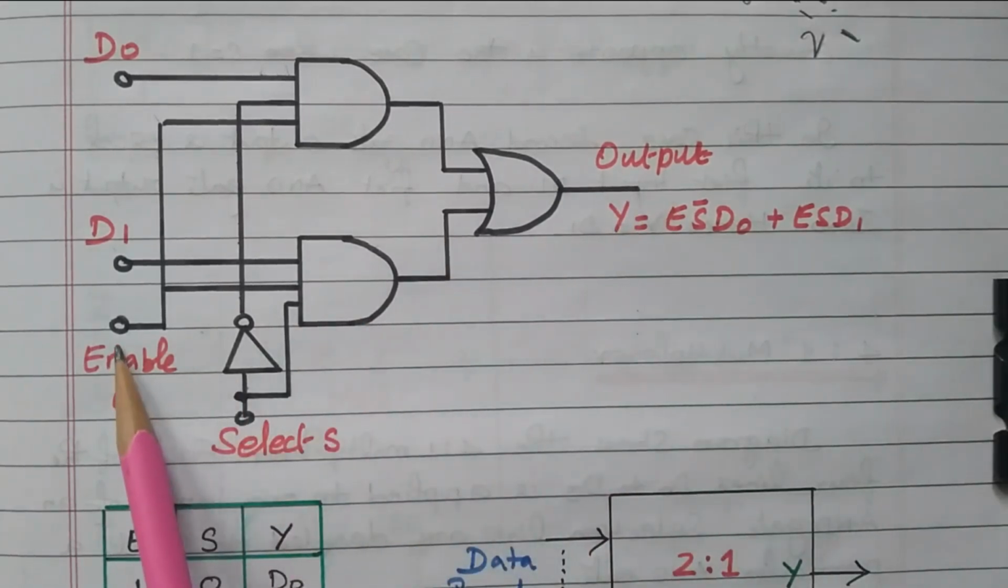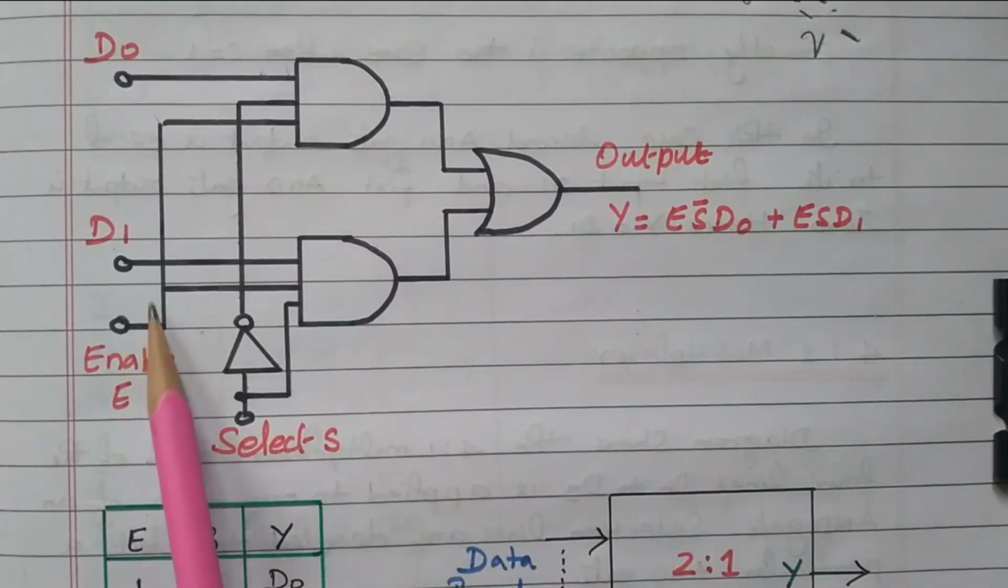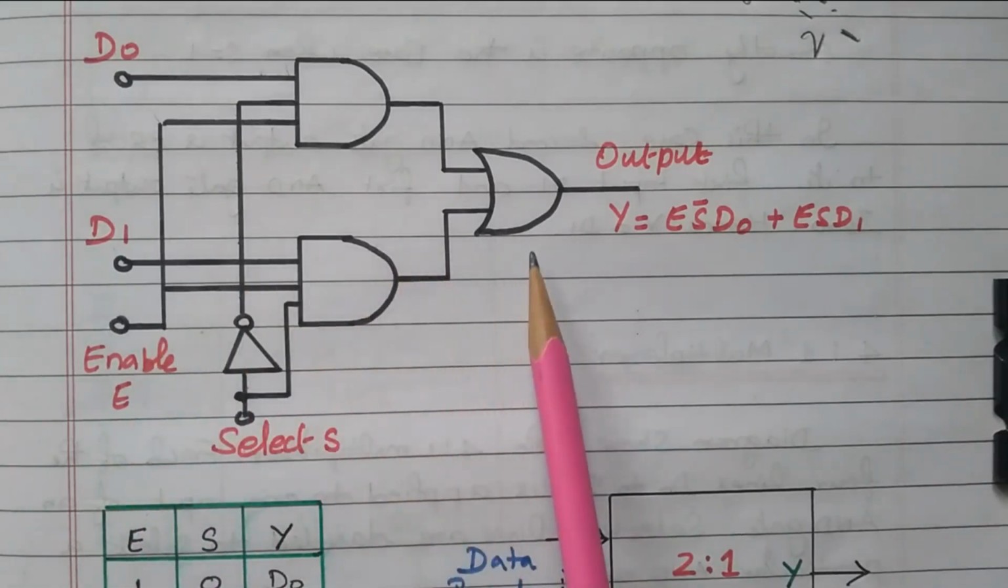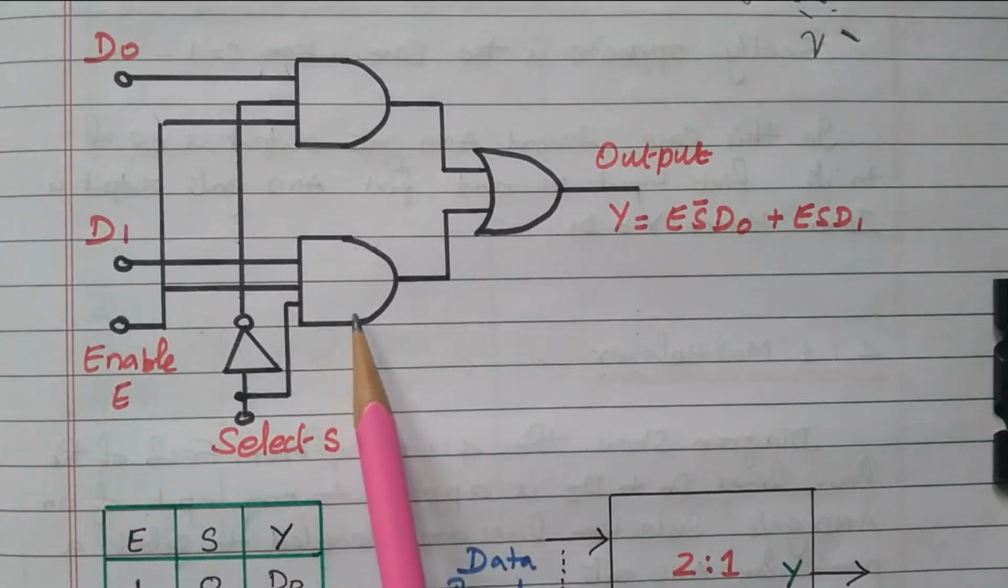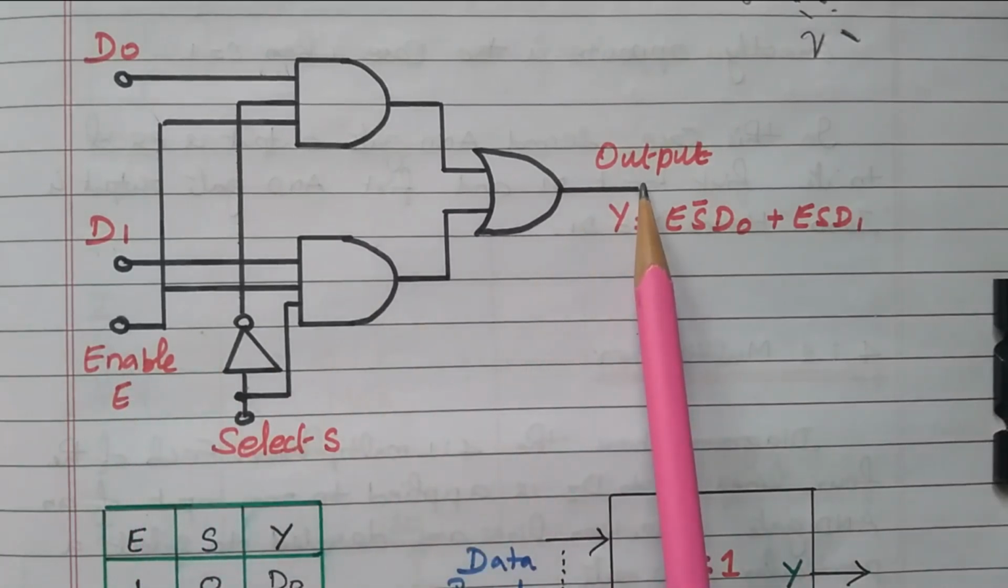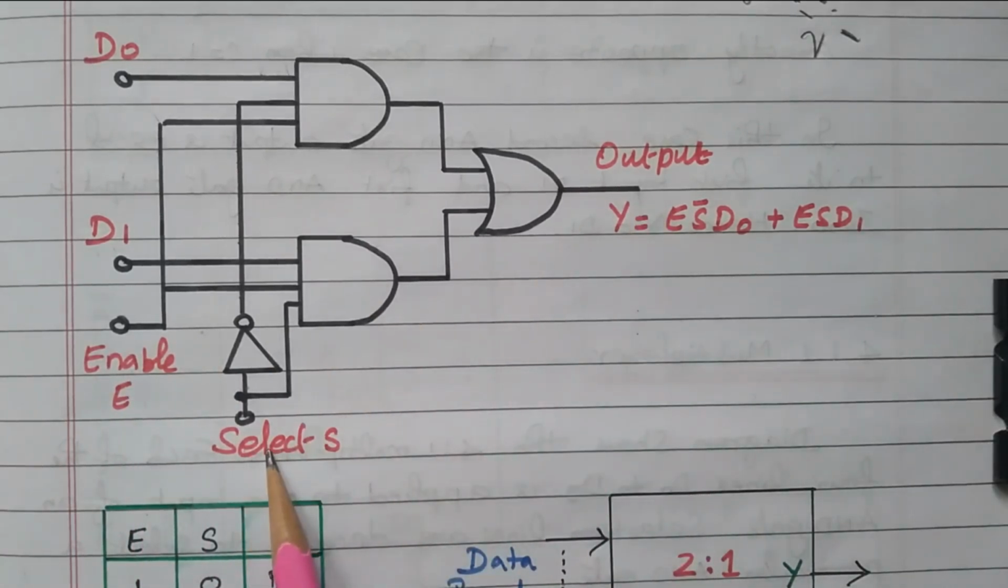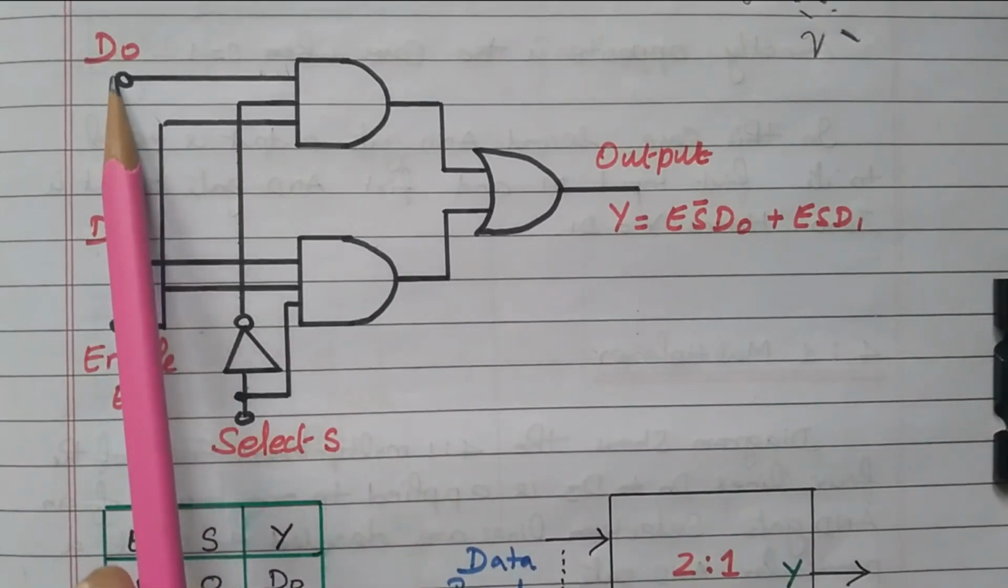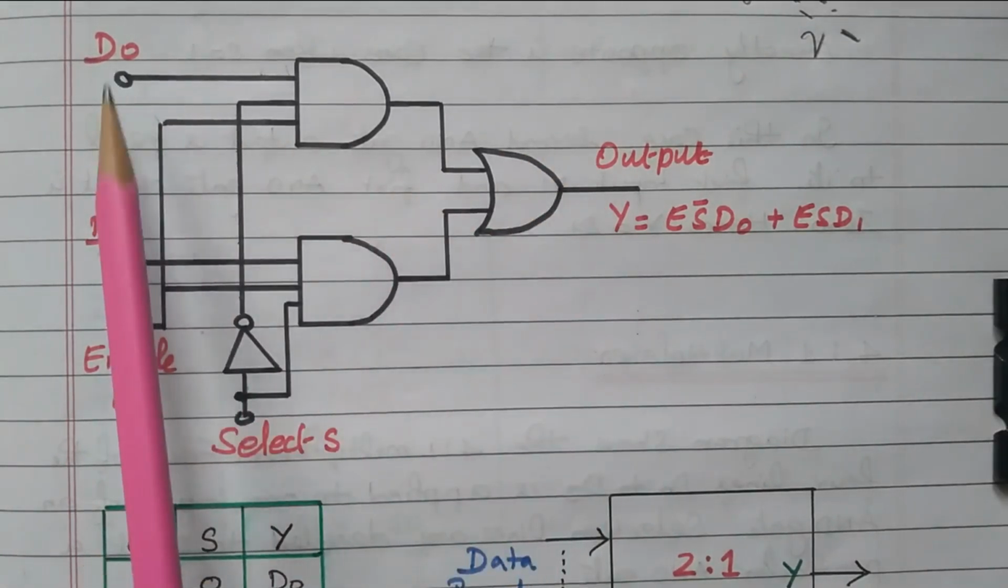The entire circuit is enabled by the enable signal. If the enable is 1, then only the circuit will work. If enable is 0, the circuit will be idle. It will not produce any output. So the circuit is controlled by the enable. In order to make the circuit work, this enable is used, right? So D0 and D1 are the two inputs, there is a selection line and one enable input, and only one output is produced. The selection line will decide which input should be available at the output, either D0 or